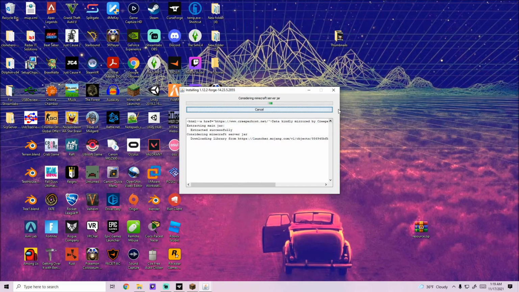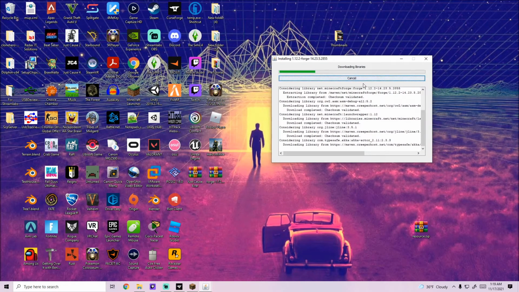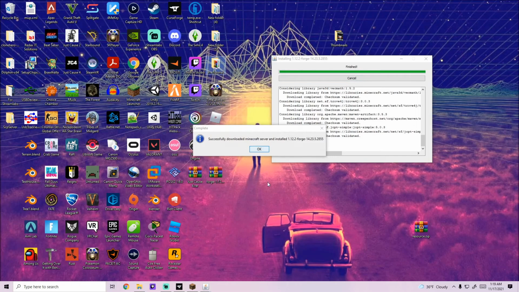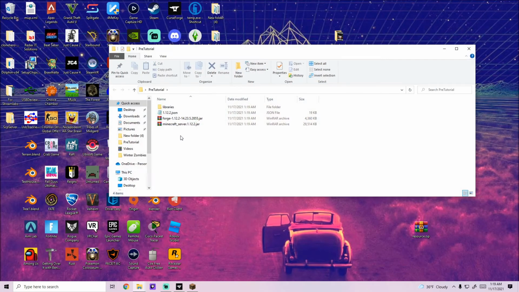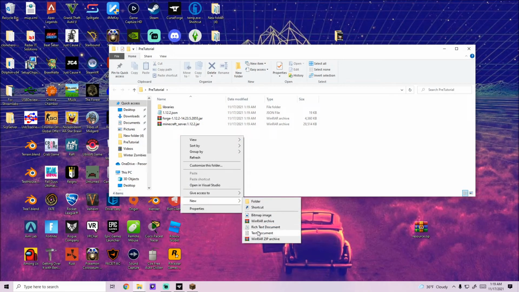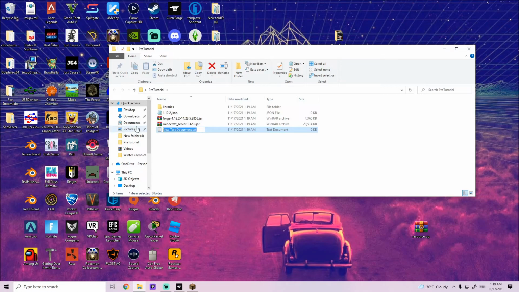Open it and then run it, and it'll extract all the libraries to that folder. Shouldn't take very long, just a few seconds. And then in no time, you'll have successfully downloaded the Minecraft server and installed the Forge version. Hit OK and go in here, and then the next thing you want to do is hit new text document,